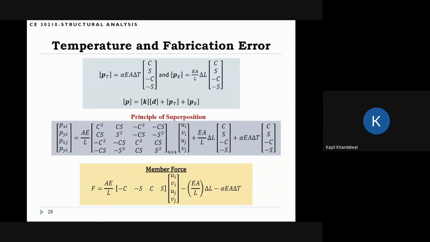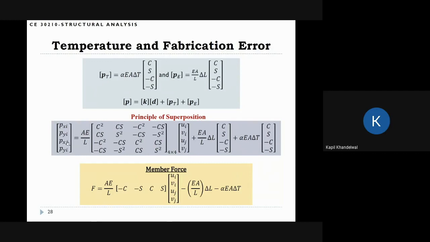Next, we can also include the temperature and fabrication effects. And we have calculated these temperature and fabrication vectors. So these are like the fixed end forces. So these are the fixed end forces due to temperature, and these are the fixed end forces due to fabrication error. And finally, what we can do is we can use the principle of superposition to write the equation for a single member,